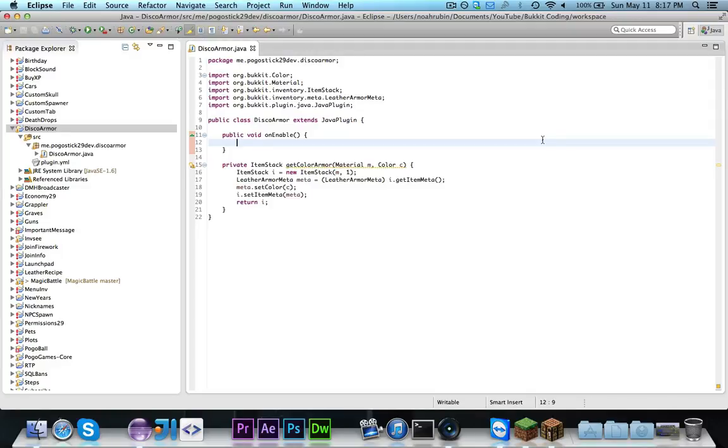As requested by one of my subscribers, I'm going to show you how to make disco armor, which is basically leather armor that changes color so that it kind of looks like a disco ball, I suppose. Basically what's going to happen is, for everyone to whom this should be applied, if you're wearing a leather helmet, then it will change the color of that every second, and same for each of the four different pieces of